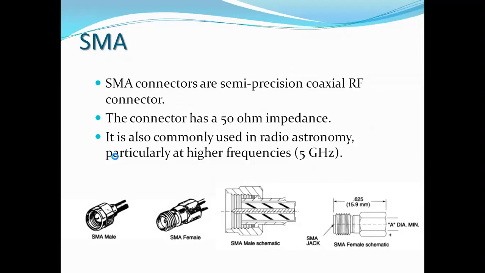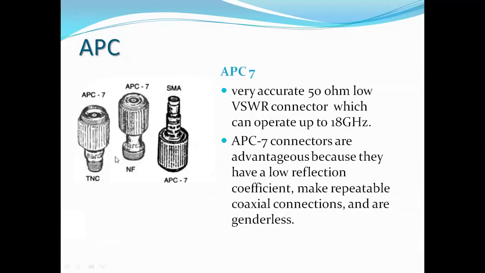That means if you see the connector overall, there is one figure which represents your schematic. That is the internal structure of your cables. Each structure will have a different schematic for male or female, along with different millimeters or dimensions which are given. The APC is Amphenol Precision Connectors. Here again you have 7, which represents the millimeter of the connections.